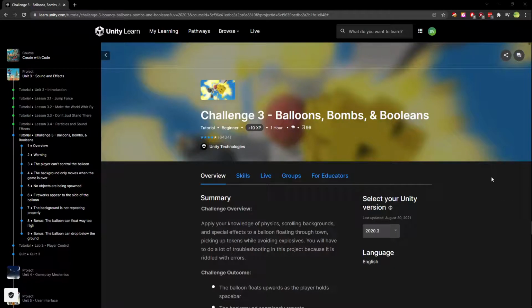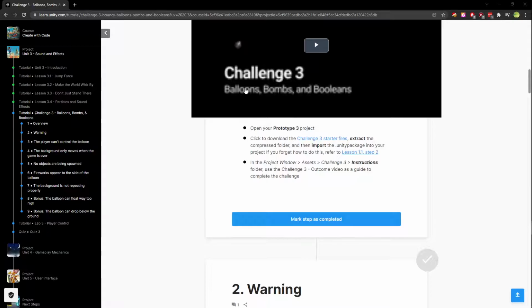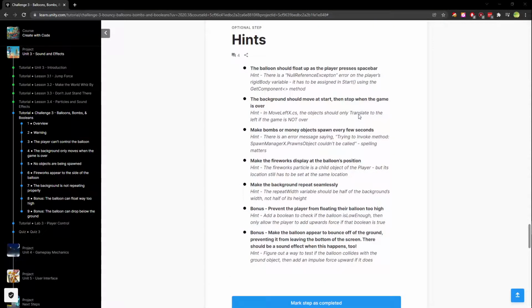Today we're going to be doing challenge 3 of Unit 3 with Unity Create with Code. What we're going to be doing in this challenge is actually something called balloons, bombs, as well as booleans. So I believe this is going to be a bit more fun of a concept to learn